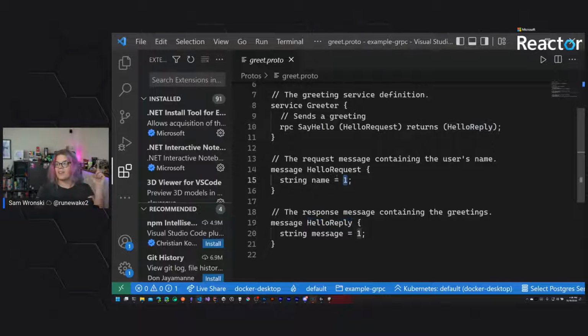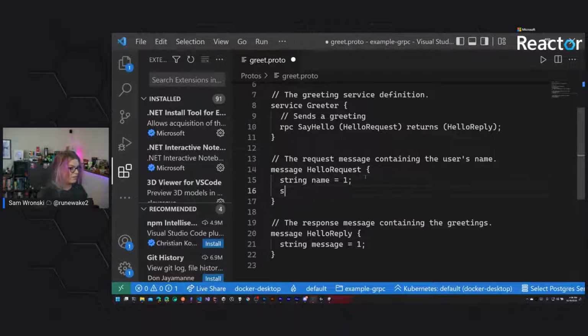These numbers are not in order. This is important. These numbers matter quite a bit because the way this works to save on space, to reduce the size of the messages you're sending, the name is not going to be identified by a name. It's going to be identified by an integer. So what that means is that this is the ID of this field. If we change this, then it's no longer compatible with everything else that is using a generated version of this. So we can explore that a little bit later, but if we have two things called name,